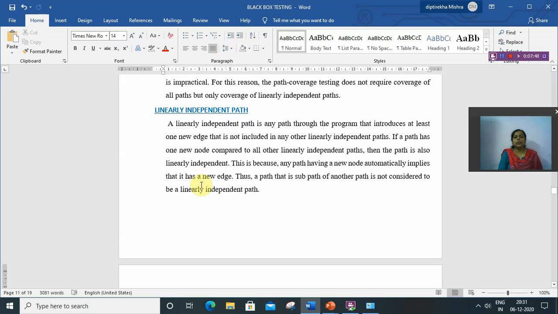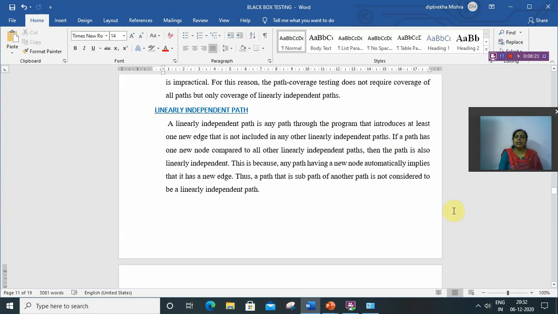So let's know what a linearly independent path is. A linearly independent path is any path through the program that introduces at least one new edge that is not included in any other linearly independent path. It must include a new edge that is not included in any other path. Then that will be a linearly independent path.